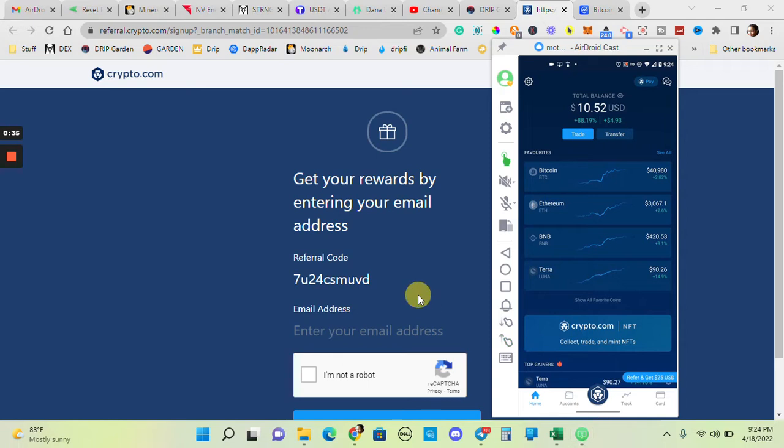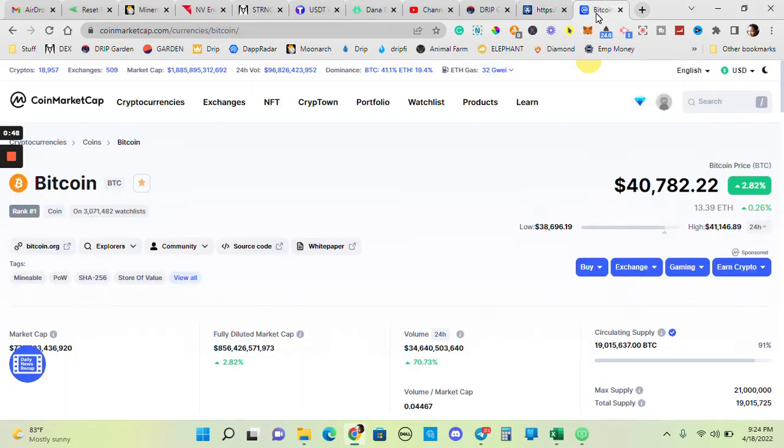Once you have that and you set up your Crypto.com account, you've entered in all your information, then you're ready to go. What I'd like to do before we get to that point is go over to CoinMarketCap to figure out the amount of Bitcoin that we're going to purchase. So if you just come to CoinMarketCap.com